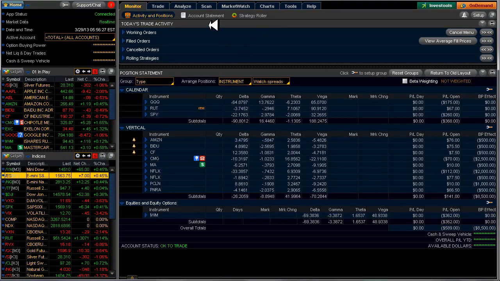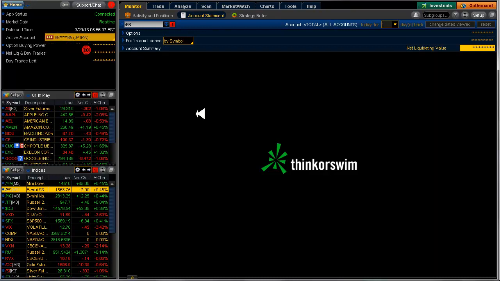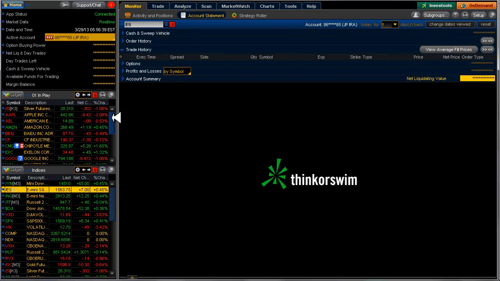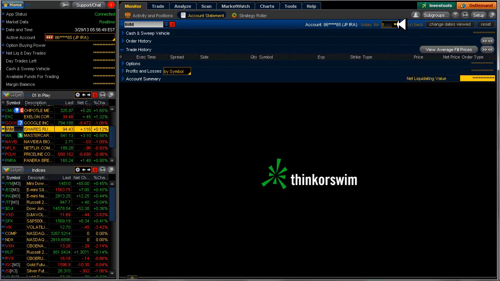The way you can do this is go over to your account statement and pick out, if you want detail on your trades for a particular instrument, you have to go to a specific account, and then you pick, in this case, IWM. I'll pick IWM,